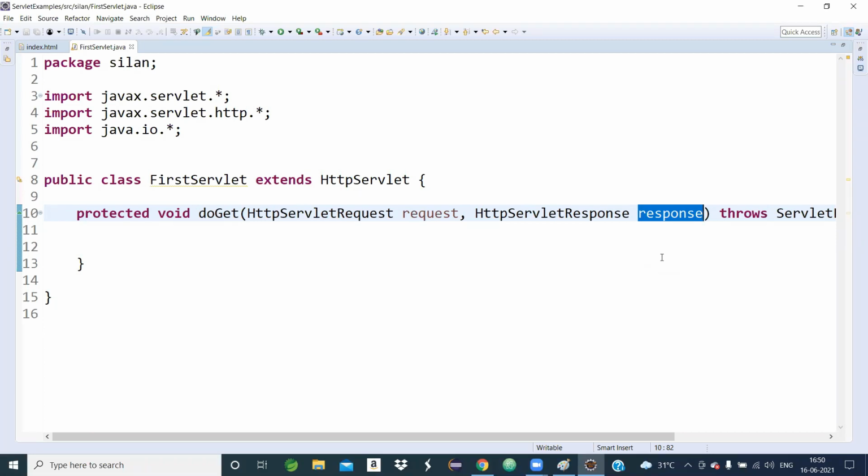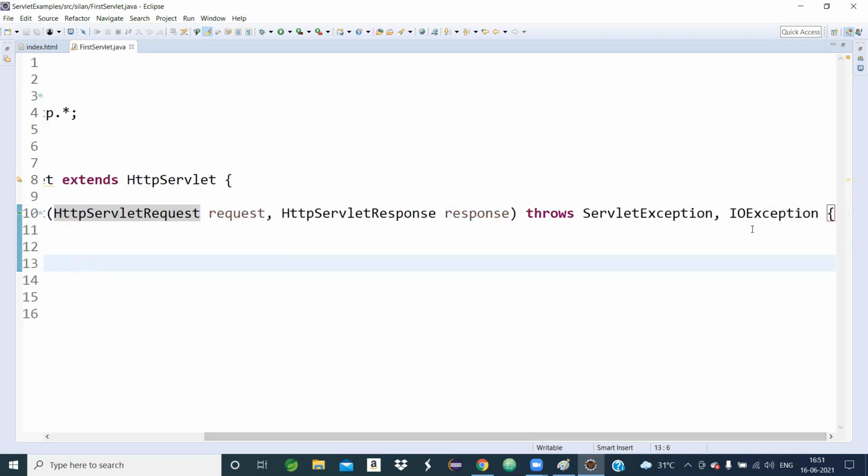Request is which type of object? HttpServletRequest type of object; just see, H, S, R are uppercase. It is an inbuilt interface coming from the javax.servlet.http package. Response is which type of object? HttpServletResponse type. It is also already written: throws ServletException, IOException.